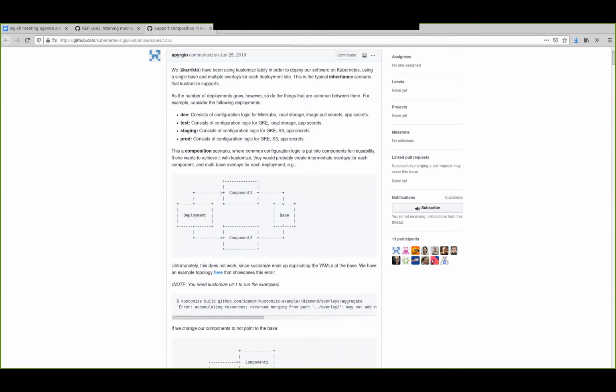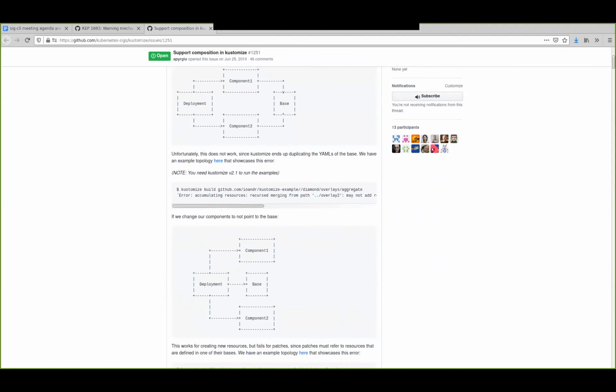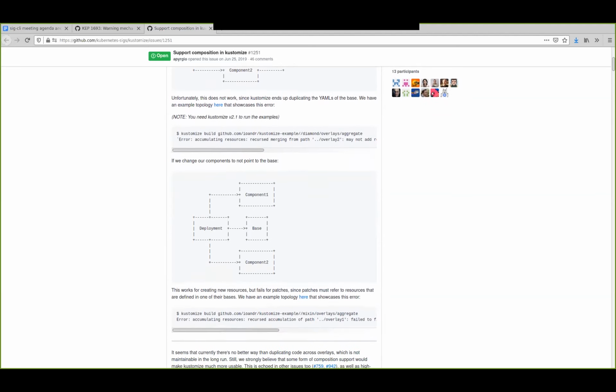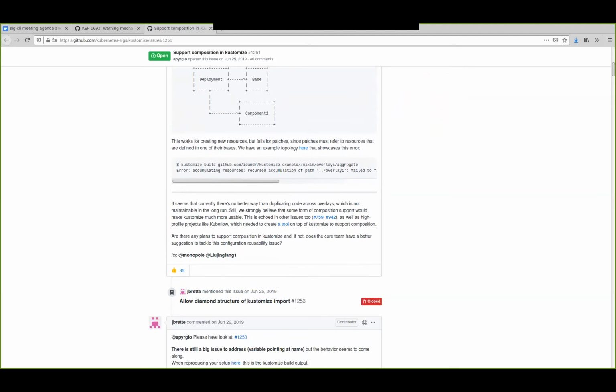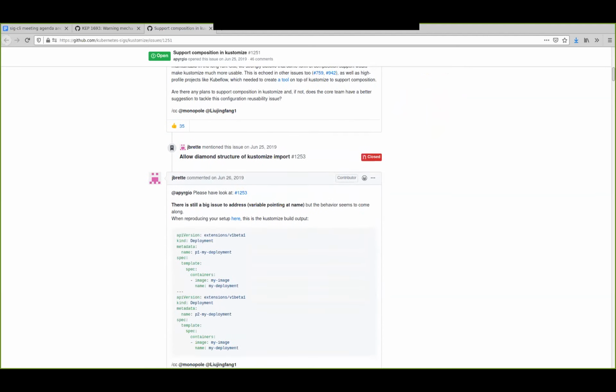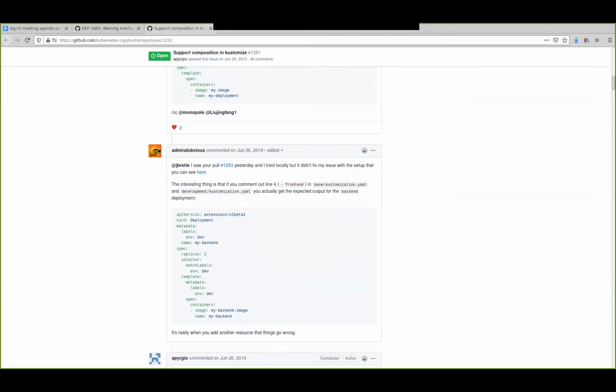My question regarding this issue is: is this something that is acknowledged as a problem in Customize? I mean, how you can put logic into overlays and then compose them in some way. And if it is acknowledged as a problem, is there a PR that proposes a solution for it? Is this PR going in the right direction? Does the Customize core team have a different way to solve this issue? And that question goes mostly to Philip Whitrock.